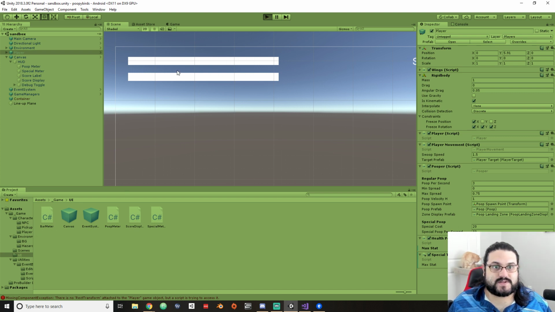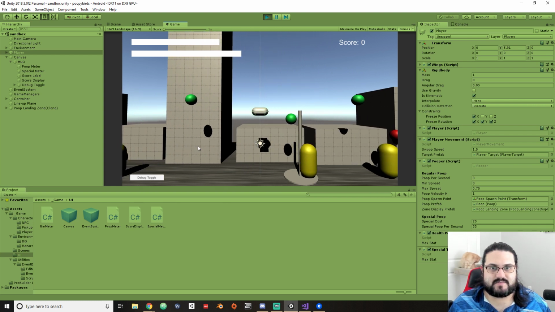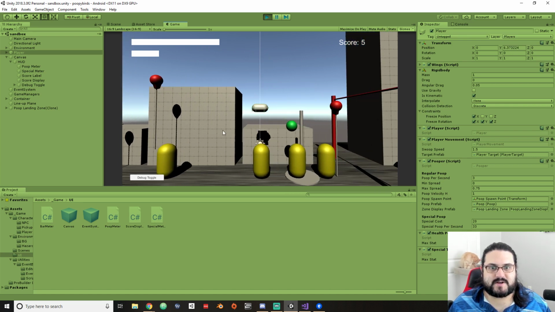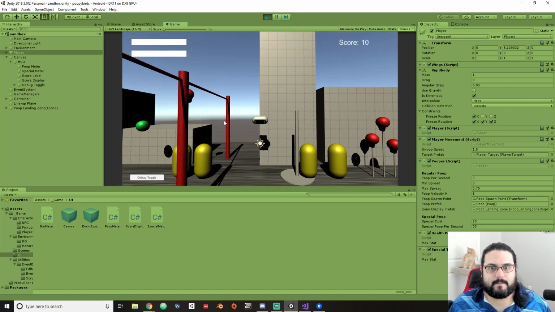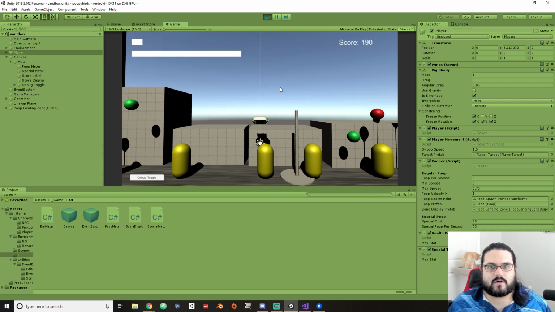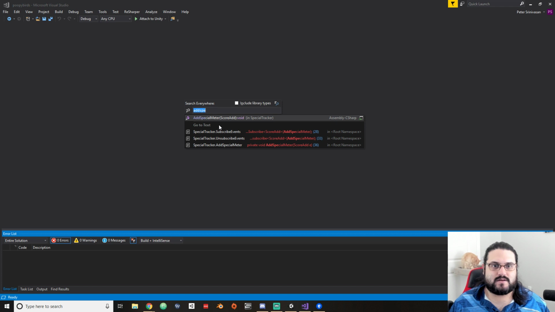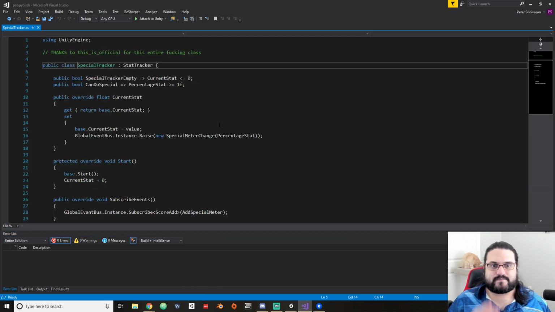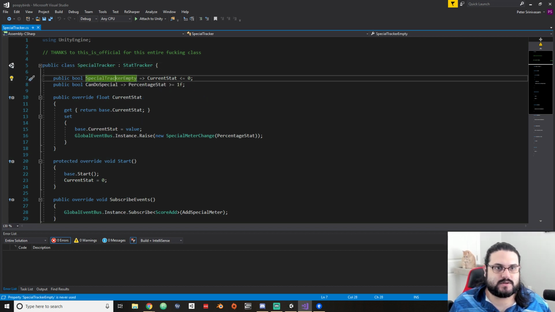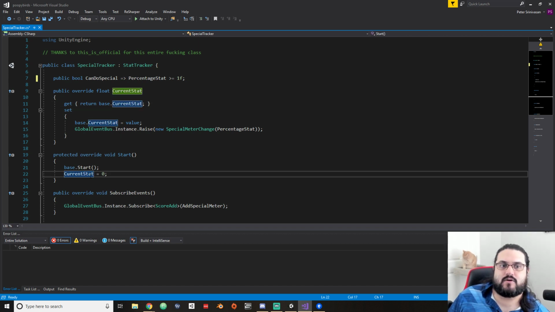All right. So this special bar should be at 0, but it's not. It doesn't reset until probably I actually make a hit. Yeah, okay. And I can't fire my special yet, but I should be able to now. Okay, cool. So everything works about right, except that the special tracker does not start at 0 properly,